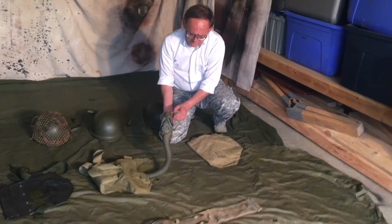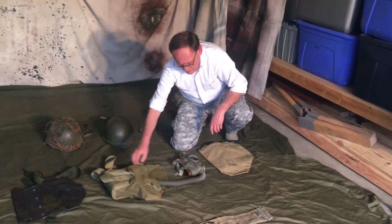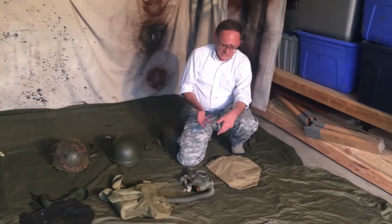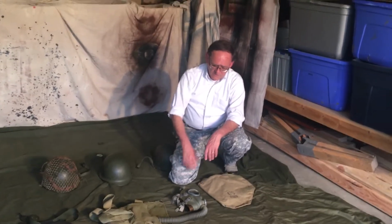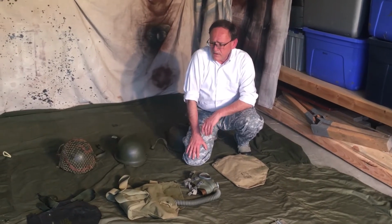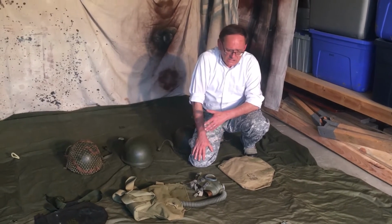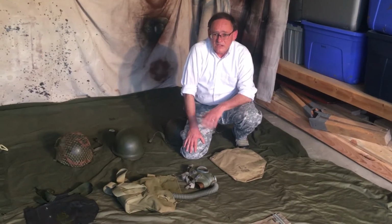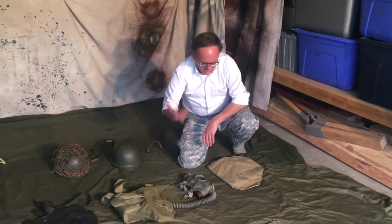It was made of rubber, plastic lenses, and you would breathe through here, and contained within this bag, don't want to take it out, don't want to break the snap, was a canister. Generally it was filled with charcoal. And that's how it filtered the air that you breathe in the event of gas. In Western Europe, it was an issue item, but generally most guys, once they got to Europe or Italy, realized real quick, the probability is you're not going to have a gas attack. So what they did is they took the canister out of the bag and the mask, threw it away, and